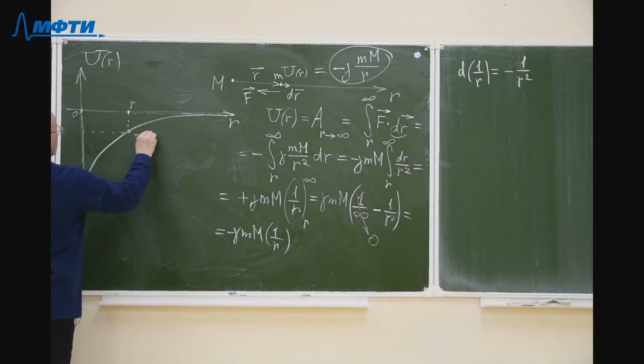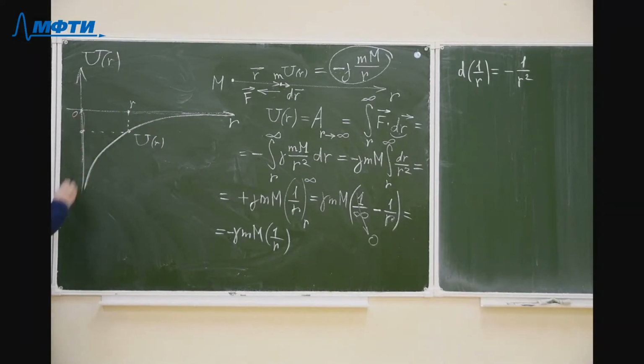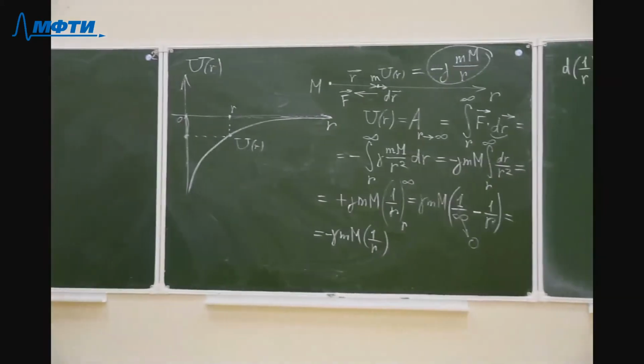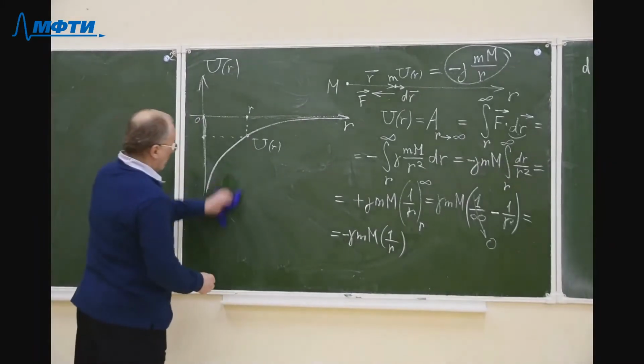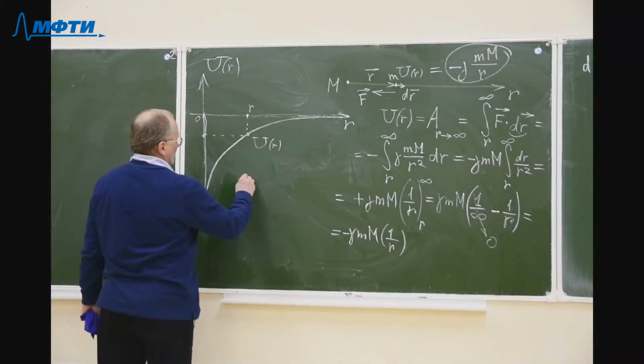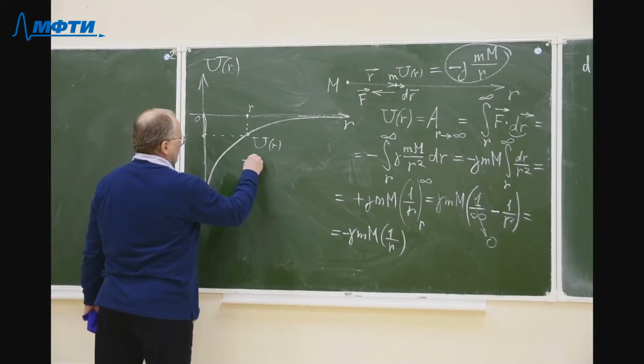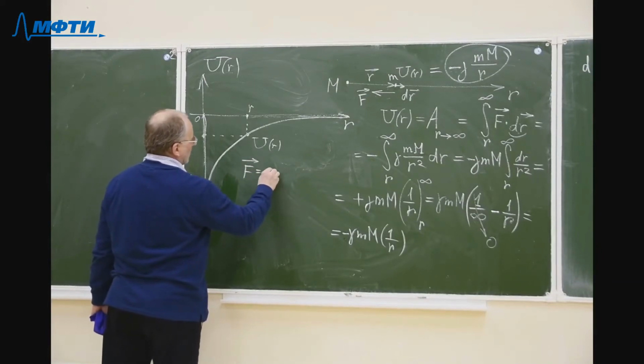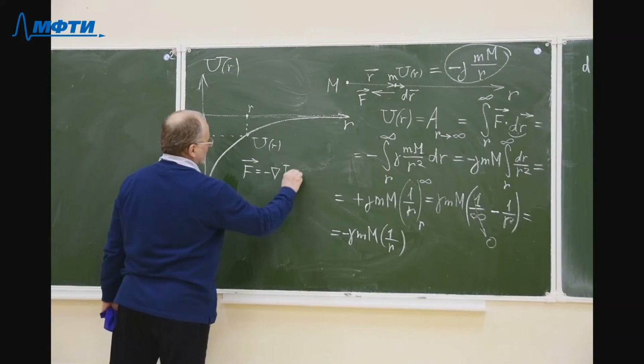So this negative quantity is the potential energy of mass m at distance r from the central mass. Such is the potential energy in the gravitational field. Also, you remember the formula that force is related to potential energy as minus gradient of potential